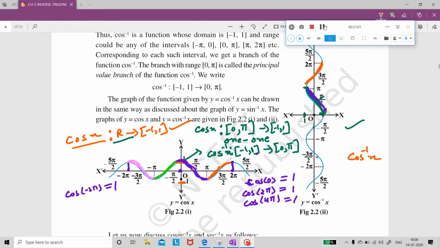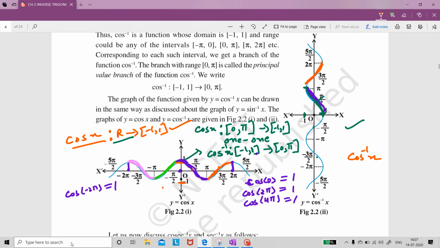Now similarly students, let us study the graph of the cos function. You can see in this figure, this is the graph of the cos function, and it is also not one-one, because if I take this line, it is cutting the curve at infinitely many points. So many points of the x-axis are giving the same value on the y-axis. So we get to know that the cos function is also not a one-one function. So how can I make this function one-one?